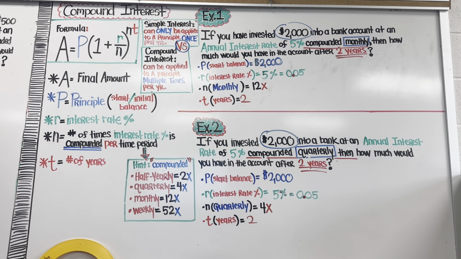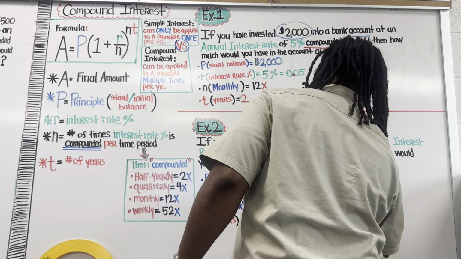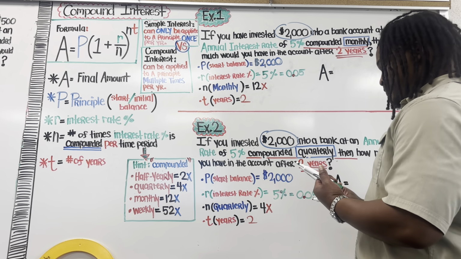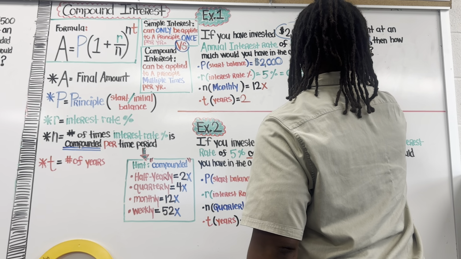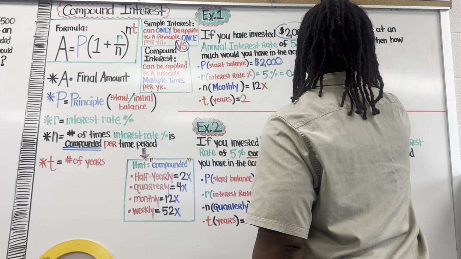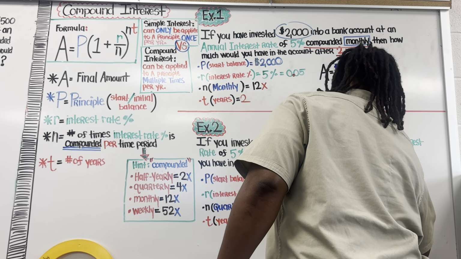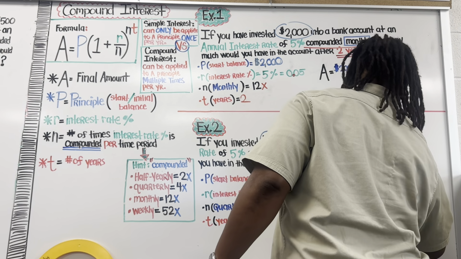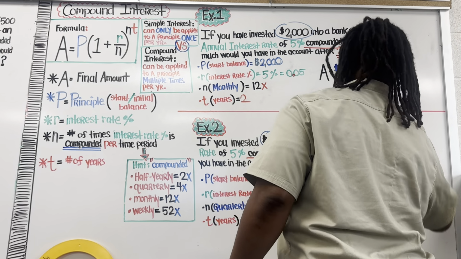So now, guys, all we have to do is just plug all of these values into the formula where they go, okay? So I'm just gonna follow the formula right there. In both situations, I'm gonna follow the formula. Okay, so I have A equals. All right, we're gonna start off with P. Once again, in both situations, P is the principal, which is $2,000. So I have the final amount equals 2,000, all right, times parentheses, 1 plus